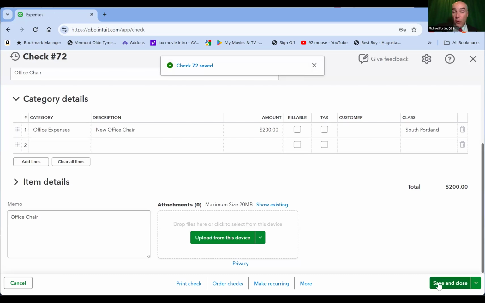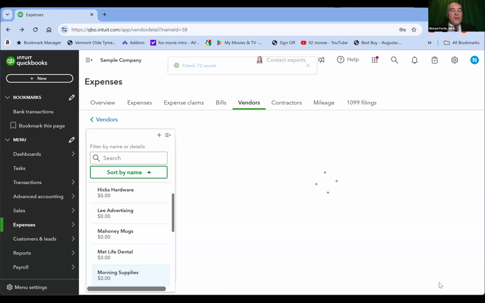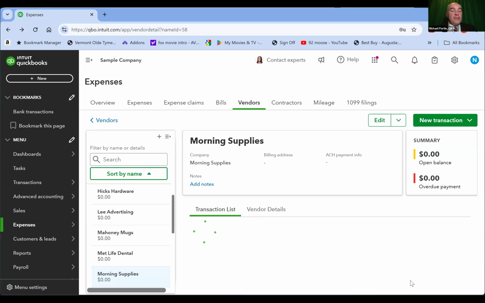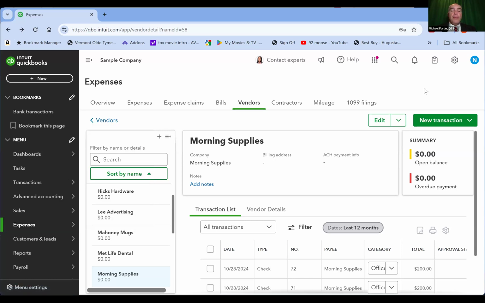And I have now recorded the check that I wrote. So if I go back into the vendor center, if you've lost your way, I can, again, go under expenses on the left-hand menu and hover over expenses and select vendors, and that will bring up the vendor screen